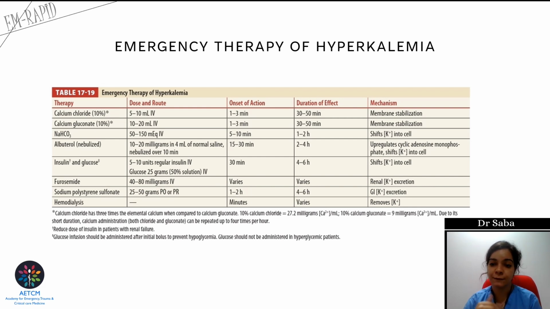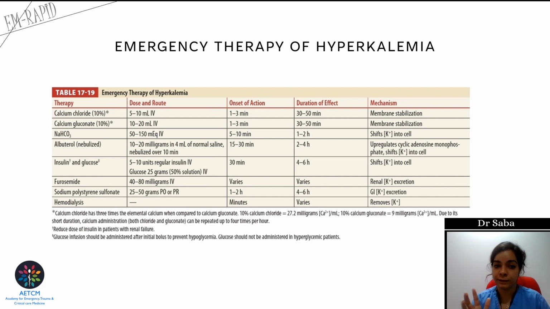But let's just say if the patient has increased glucose levels like 400 plus, 300 plus, then we do not give a combination. In that case, we only give the insulin dose, and this will cause a shift of potassium into the cell. Onset of action is quite rapid, within half an hour, and will last for about 4 to 6 hours. So other than this, we can also give nebulization doses of salbutamol or albuterol, but they are given in